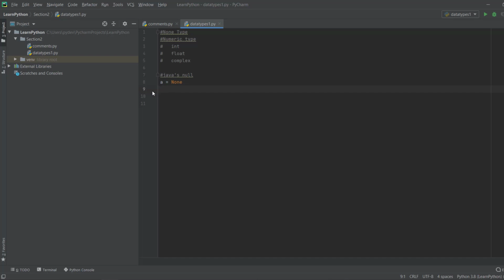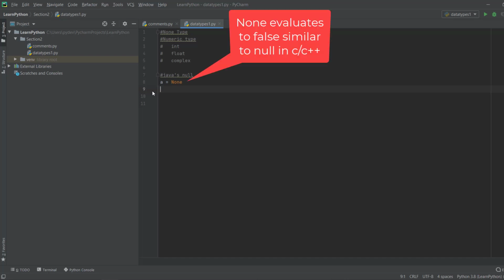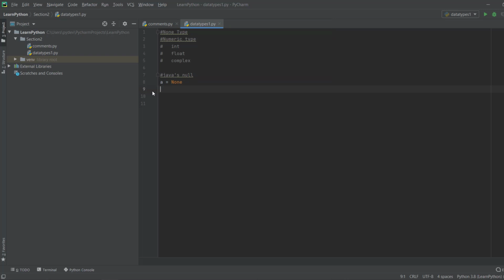Now, a None type evaluates to false. Actually, if you are evaluating using a Boolean expression, it evaluates to false. We will understand these expressions in the coming lectures, but I'll just show you how you can test it. So, if not a, then you have to have an indentation within this if statement.